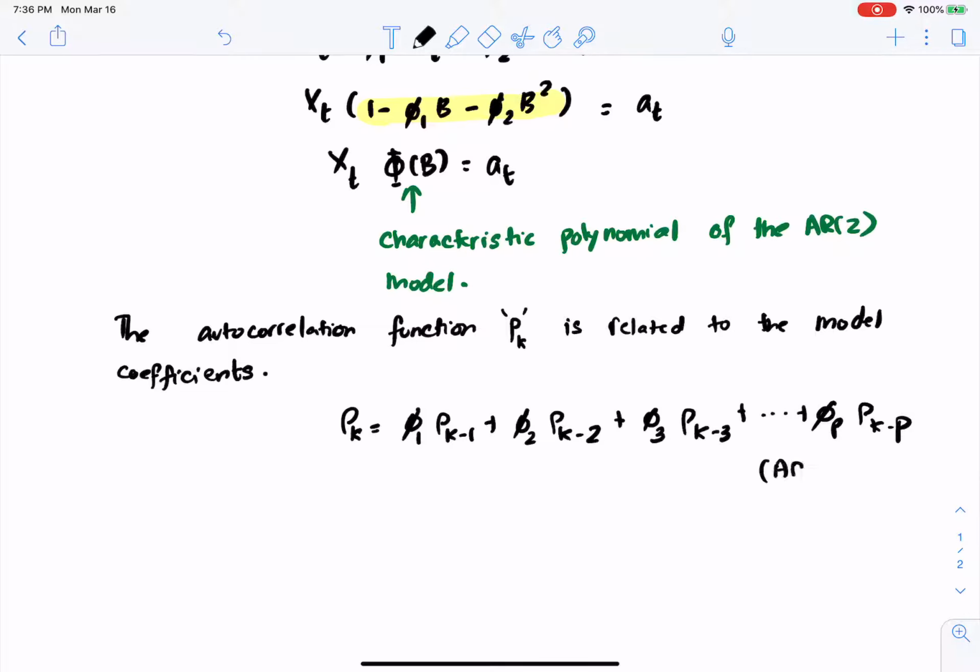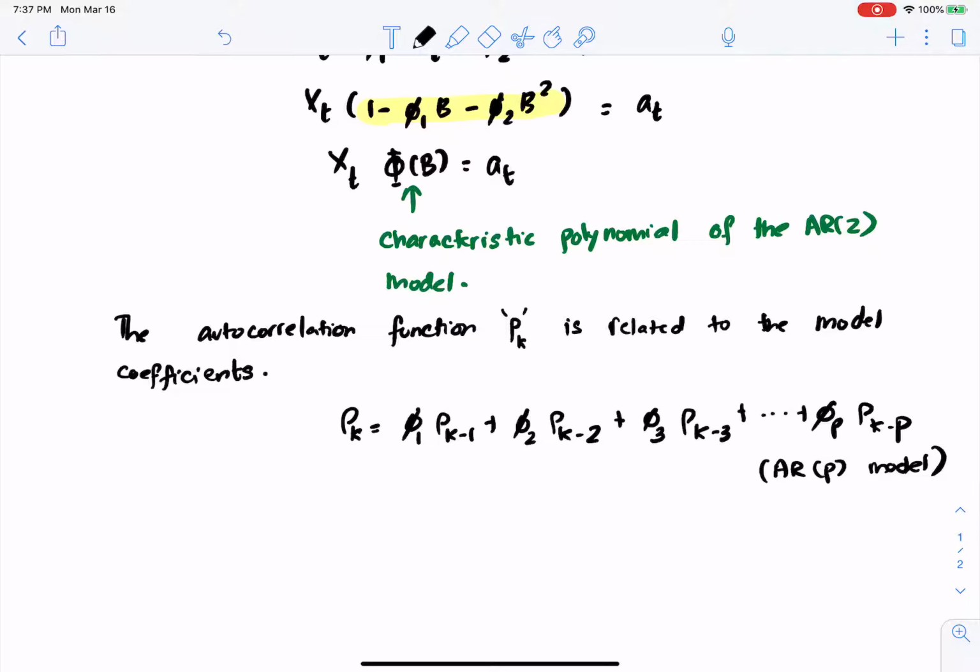Now I am generalizing this to an AR(p) model, but if it is an AR2 model, we'd have only the first two terms here. So this is the standard autocorrelation function of an AR(p) model,